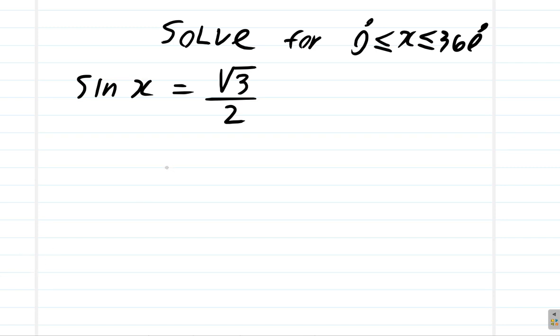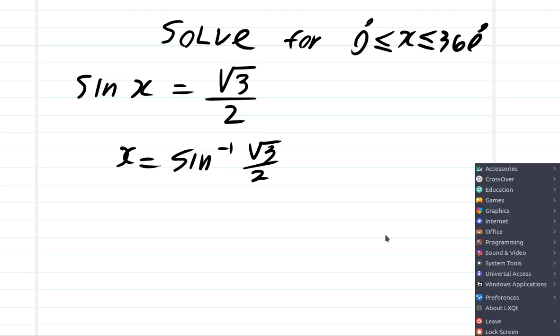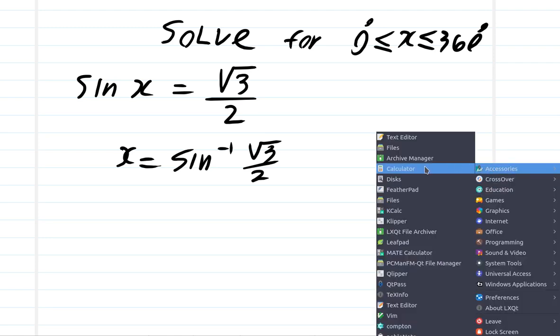Alright, now here we can use a calculator to help us. Now x is going to be the sine inverse of square root of 3 divided by 2. Now if you use your calculator, what you would have is